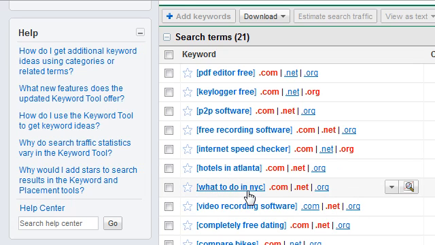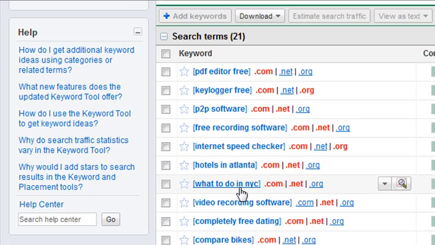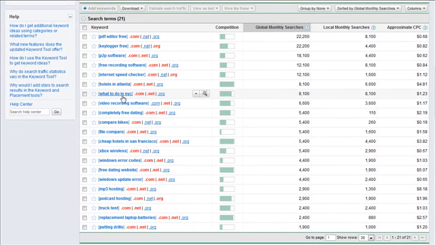What to do in NYC? It's kind of an interesting domain to me. It's got a lot of short words, and even an abbreviation for New York City, but it's something that I always type in when I'm getting ready to go somewhere. Like if I'm traveling to Boston, I'll think things to do in Boston, what to do in Boston. So those could be some good phrases to search on, and just add different city names into there,